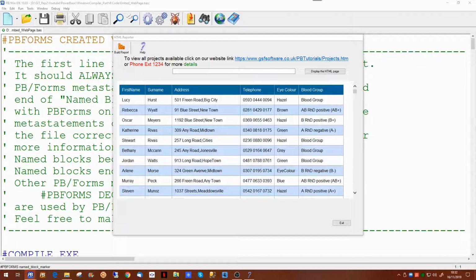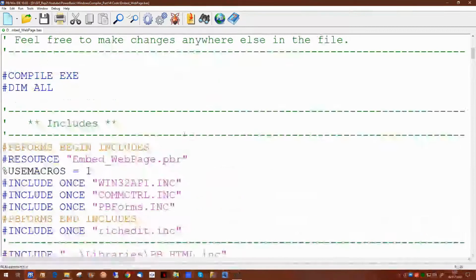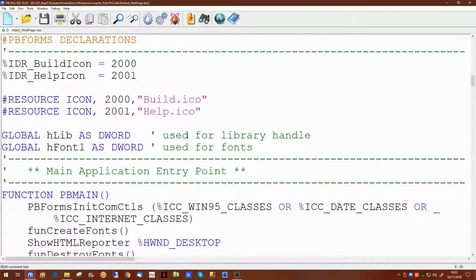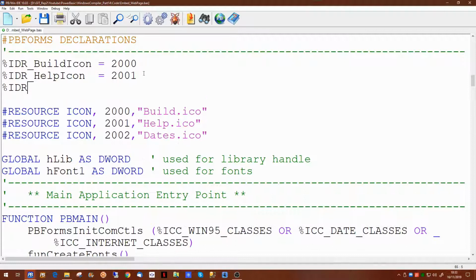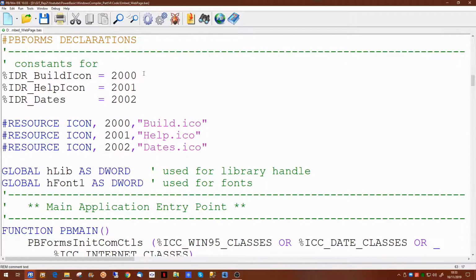What we're going to do today is add another toolbar button to allow us to view a form on which we will put a couple of date controls. So the first thing to do is to have a look at the beginning of our code where we pick up the icons. We're going to add a new icon. So we've added a new resource icon, dates.ico,